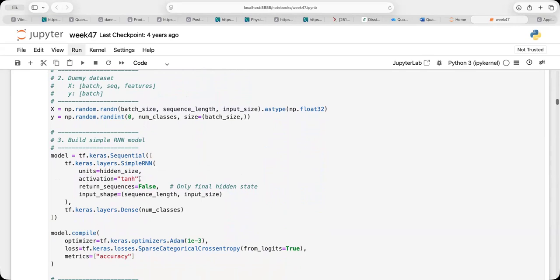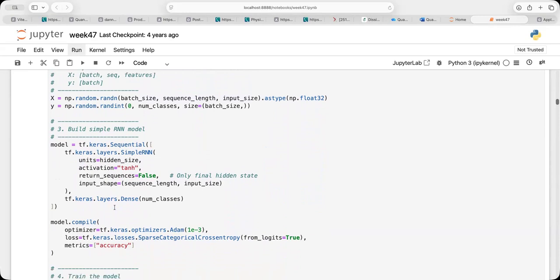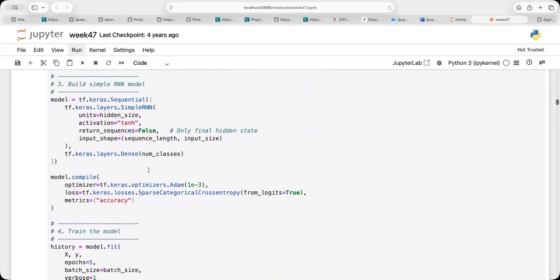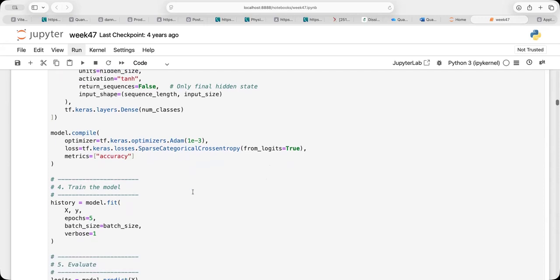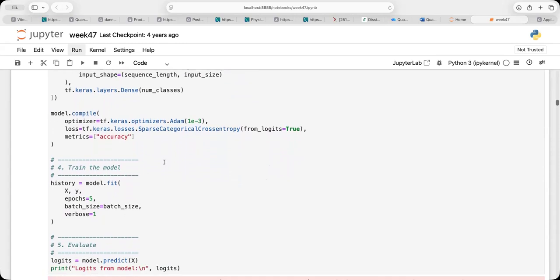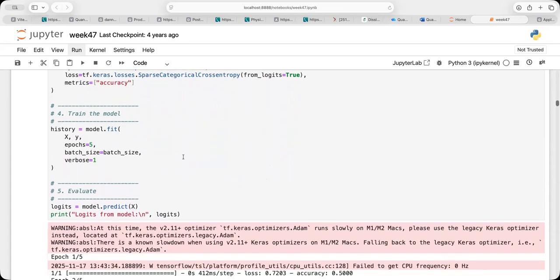I have an activation function, which is tanh, and I set up the input shapes, and this defines the outputs. So I have a dense class. I define the optimizer, in this case Adam, with a learning rate of 10 to the minus 3. And since I want to do a classification, this is the categorical cross entropy with two classes here. And the metric is the accuracy.